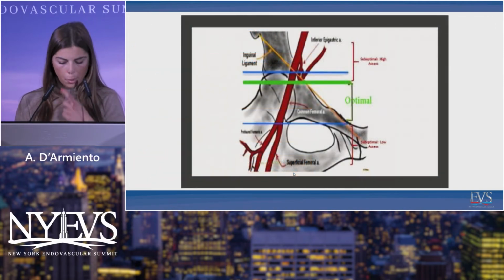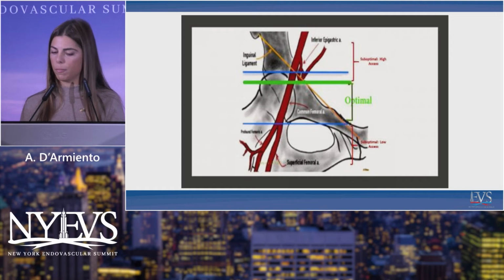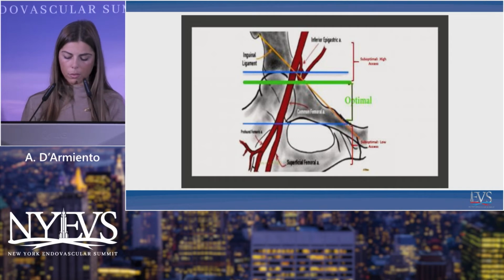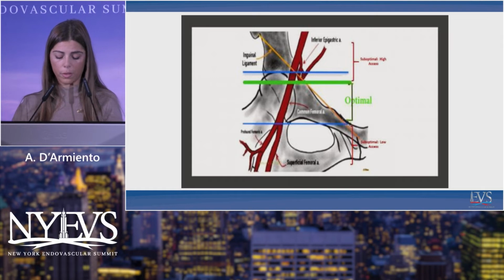So I just want to talk briefly about the common femoral artery because it's one of the arteries that we see the most in the lab, right? If we're doing coronaries, renals, carotids, peripheral, the legs, we're going to see this common femoral artery. So what this slide is showing is the point of optimal access, which allows for safe manual compression and increases the likelihood of using vascular closure devices, which is good for the patient, good for the fellow, good for